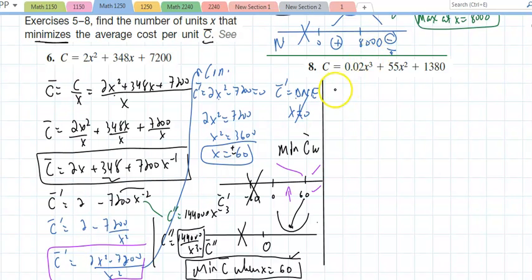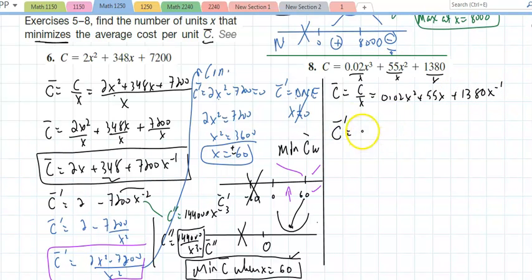Number 8, if I find the average cost, that's the cost function divided by x, divide this by x, this by x, this by x. That becomes 0.02x squared plus 55x plus, I'm going to write this as 1380x to the negative 1. Take a derivative. 0.04x plus 55 minus 1380x to the negative 2. And if I figure this,